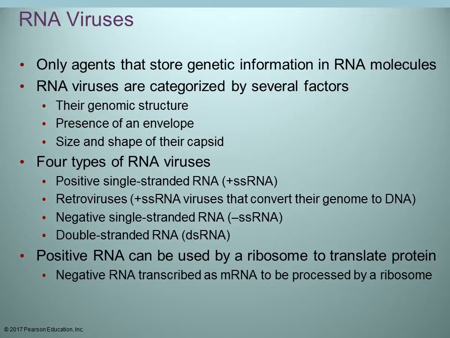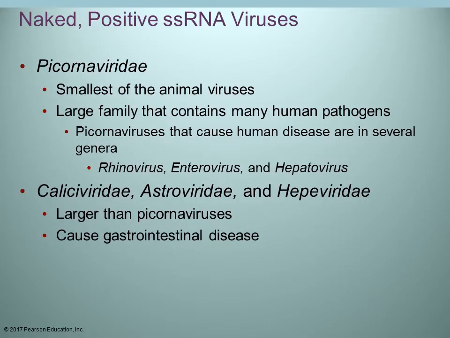What the positive RNA refers to is that ribosome can be directly used to translate and produce proteins. What would happen with a negative RNA strand is that it has to be transcribed to make the messenger RNA, and then it would have to have translation occurring. The positive RNA strand goes straight to translation. We're going to go through the different groups, talk about them, and talk about some of the various diseases that